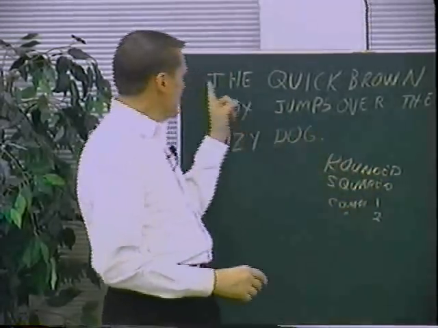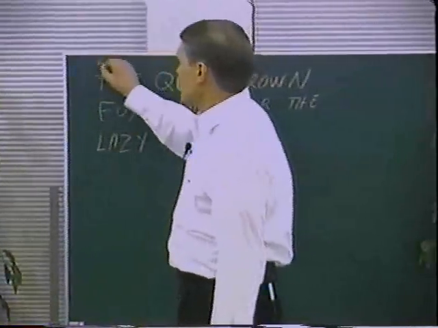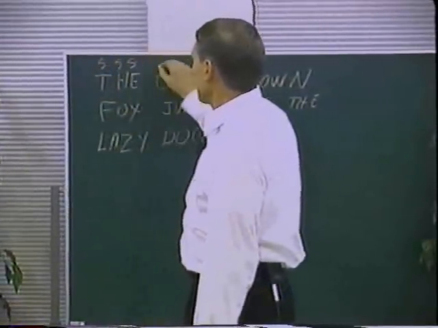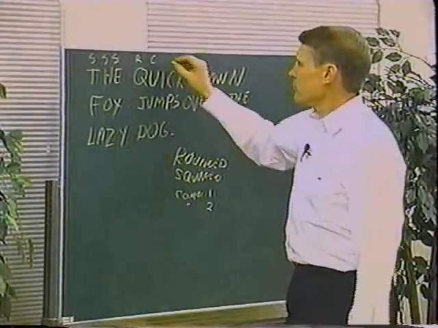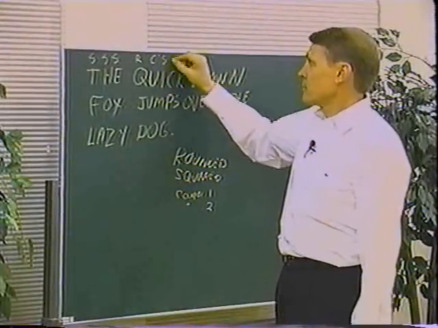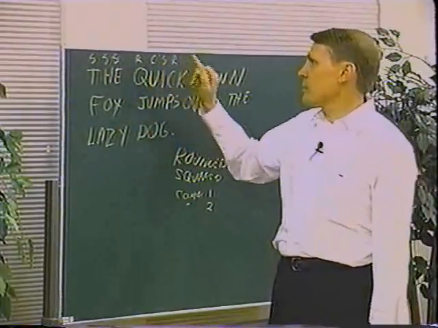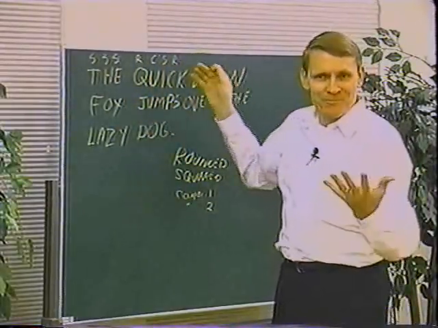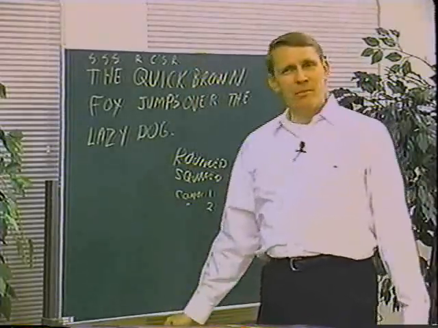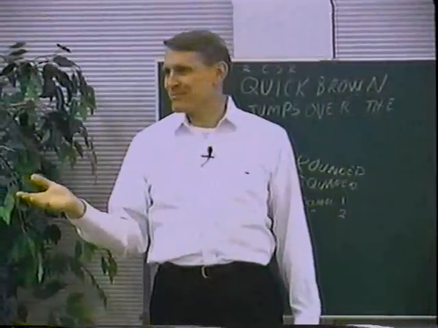I could say, well, look at this sequence. We have, for this sentence, the quick brown fox. We have square, square, square, round, combination 1, square, round. So I could go through and give these a code. S, S, S, R, C1, S, R, C2. Does that mean anything? Who cares, okay? That's what they've done with the protein.